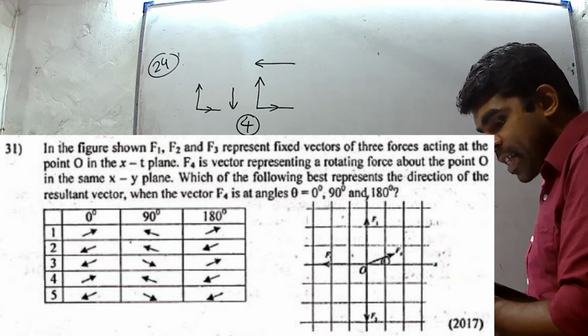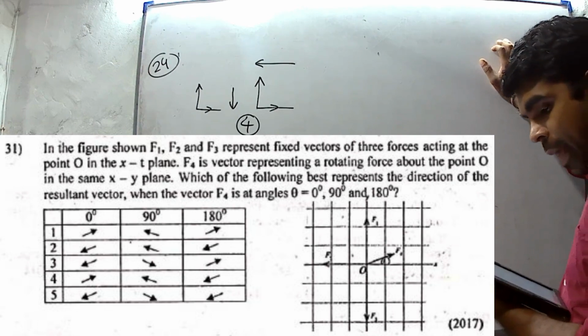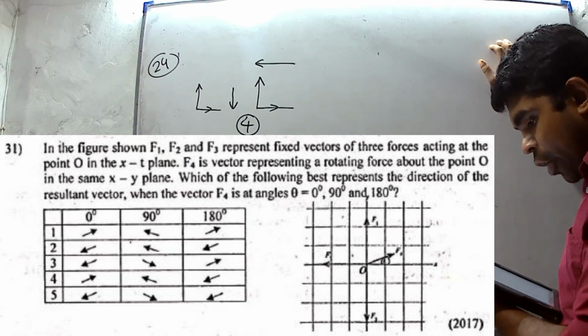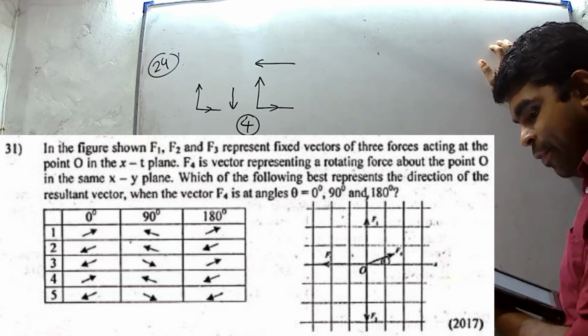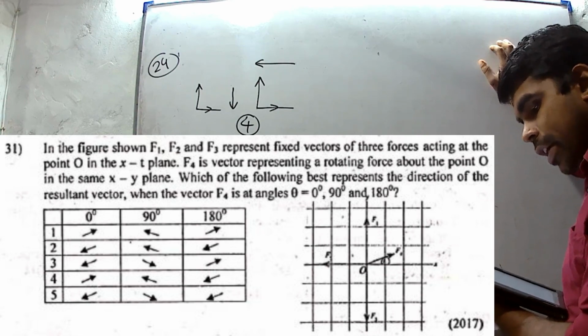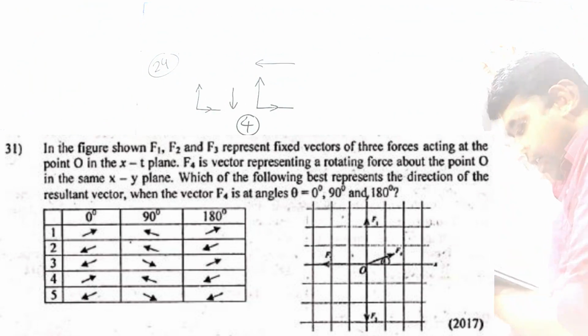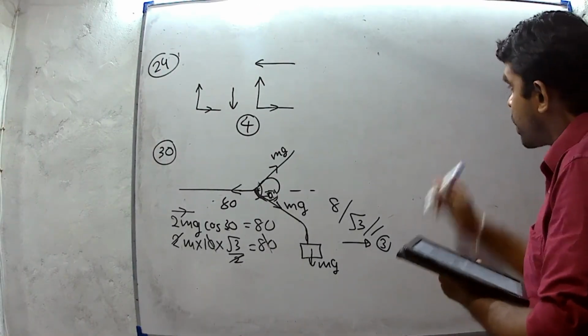F4 is a vector representing the rotating force about the point O in the same xy plane. Which of the following best represents the direction of the resultant vector when vector F4 is at angle 0, 90 and 180? When F4 is 0, now there are three fixed forces,